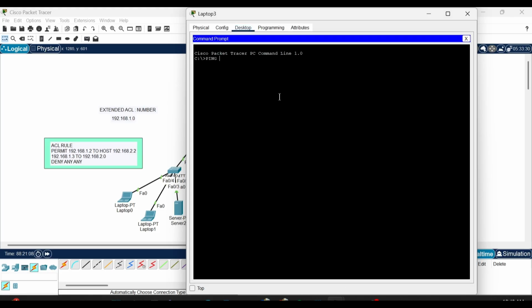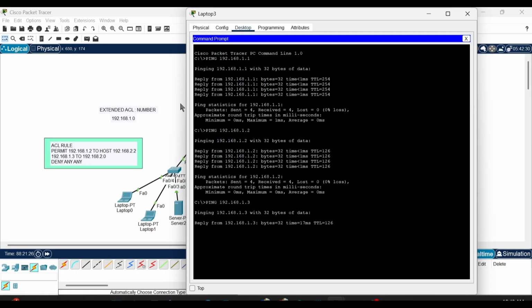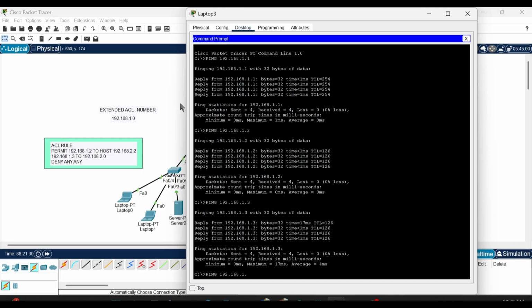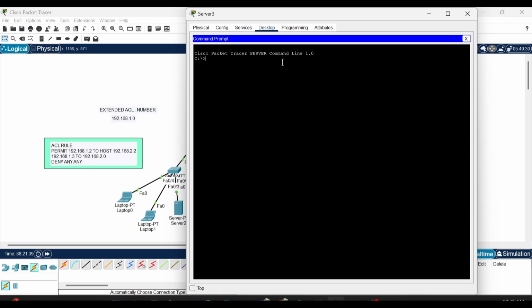We are doing this, guys, so when we get to the phase of applying the ACL rule, you're going to see the devices that are unable to communicate with a certain device. So we are pinging 1.1 from this host device, and we are able to communicate with 1.2 and 1.3 and also 1.4. So we are able to ping from 5 devices for this tutorial. Let's ping from the last device,